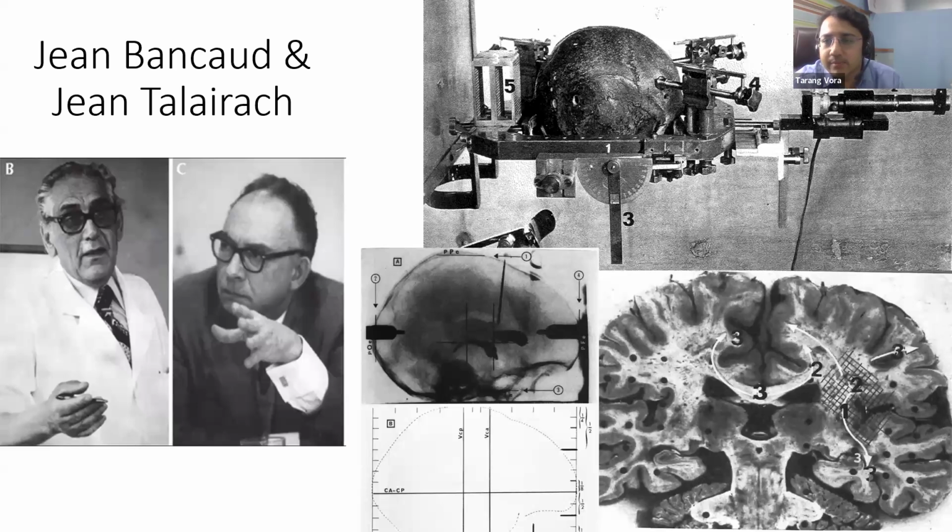They developed a special frame to map out which part of the brain is exactly doing what, and to record the electrical activity not from the surface of the brain but from the depth of the brain. They used certain kinds of electrodes, which nowadays are available as stereo EEG electrodes, that instead of recording from the surface of the brain, we record right in the depth of it by implanting electrodes inside the brain. Here we have images of the brain cut section, which is showing multiple holes in it. Basically, that is how the electrodes were inserted and the recordings were taken.